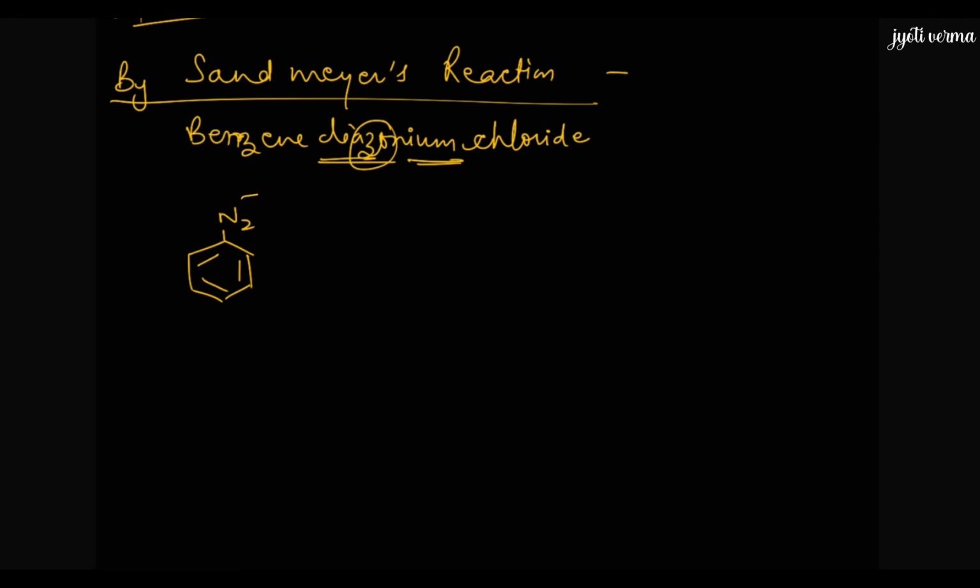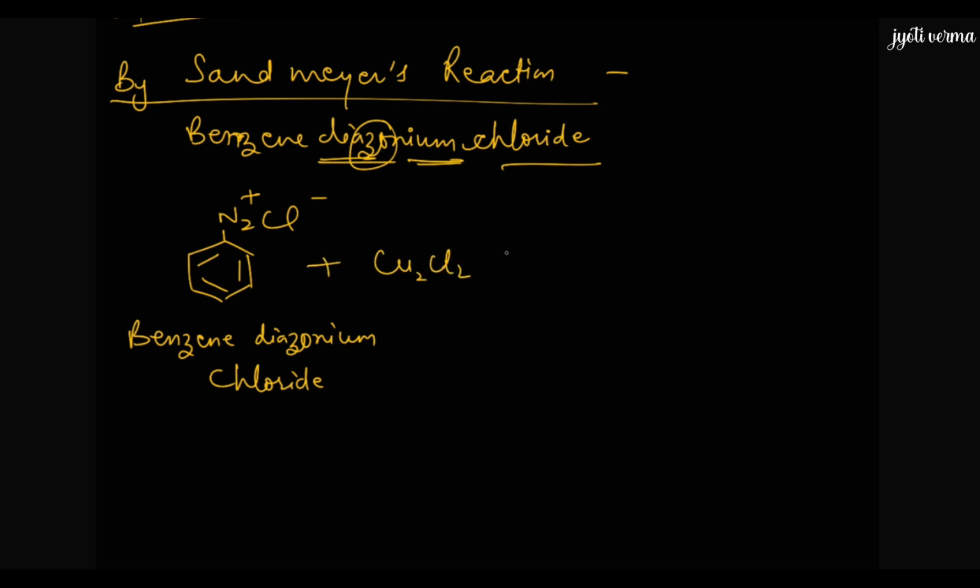Ium means there is a positive charge. Chloride means there is chloride. So this is the formula of benzene diazonium chloride. Now this benzene diazonium chloride on reaction with cuprous halide, it may be like Cu2Cl2. When we do its reaction with cuprous halide like Cu2Cl2, the compound will be chlorobenzene